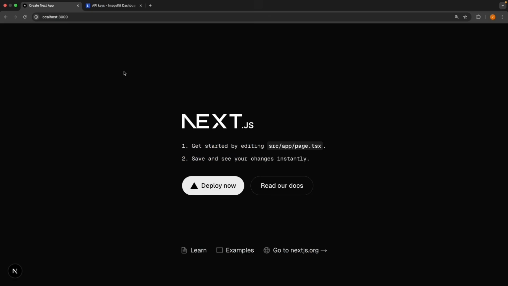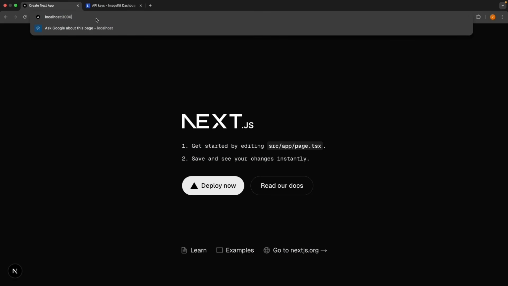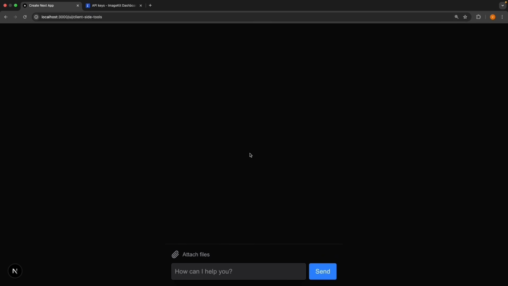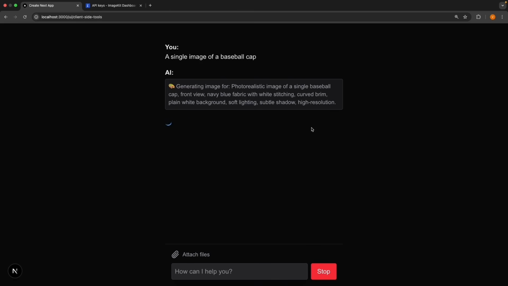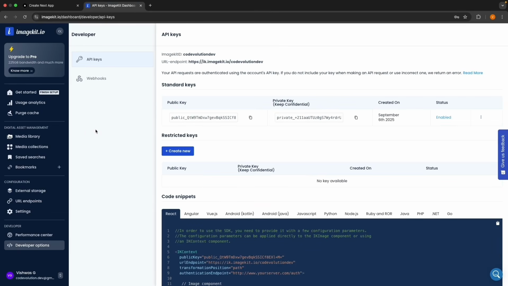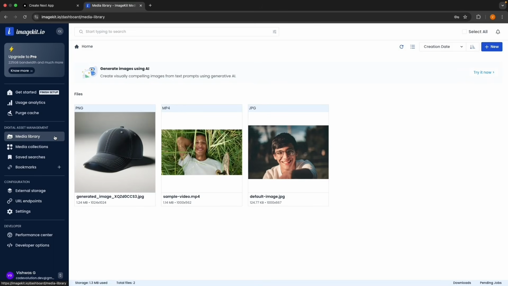In the browser, navigate to localhost:3000/ui/client-side-tools. We should see the chat interface. Let's enter a prompt. Let's try: generate an image of an e-commerce product, a single image of a baseball cap. We have AI creating the prompt for us, and the image generates and displays. But now, if you check your ImageKit dashboard by clicking on Media Library, you will see the image is stored